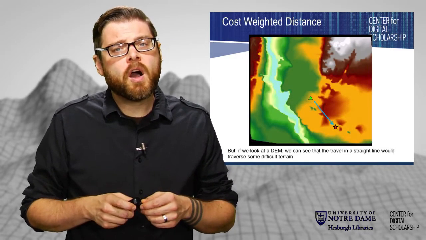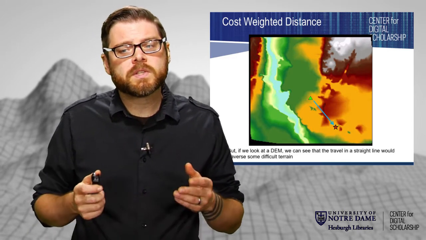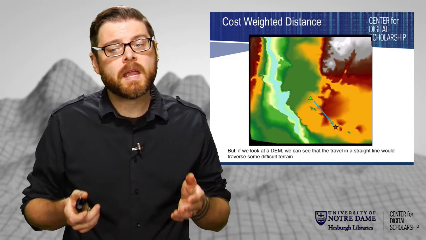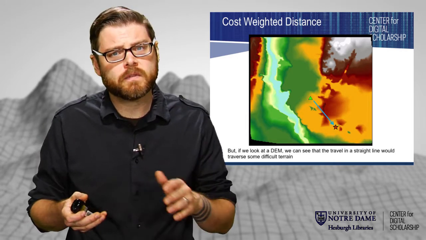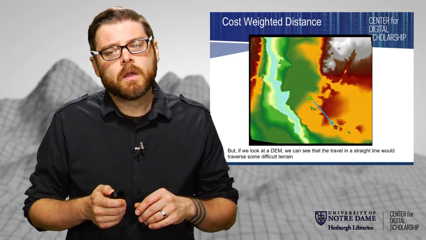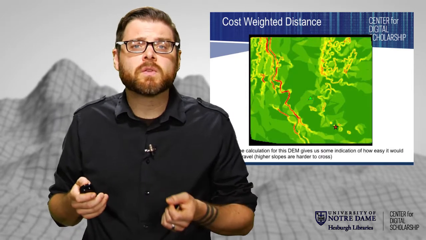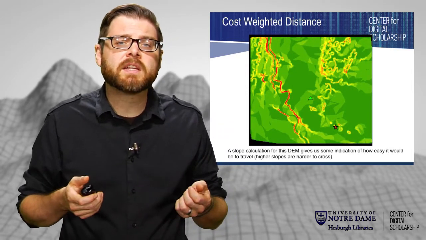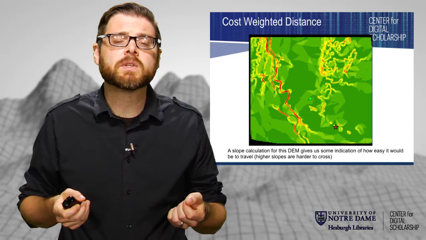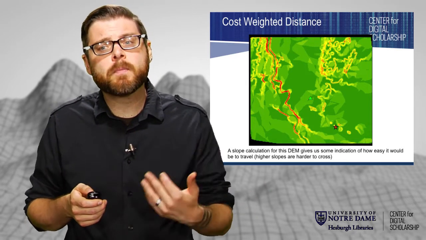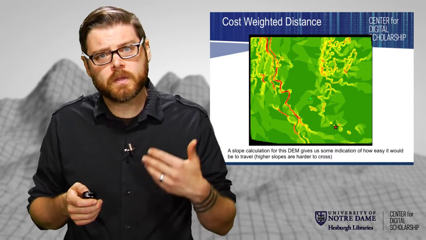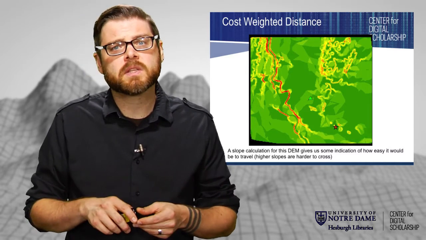But if we look at the topography of that area, we see that there's a hill in the way. And it may be that it's easier to walk around that hill than to try to traverse that difficult terrain. So we could weight it just simply based on the slope. If the slope is high, it's going to be harder to pass. If the slope is low, it's going to be easy to pass. If it's flat, it's going to be very easy to pass. So this is a simple way of weighting cost into these distance measurements, and something that we're going to work